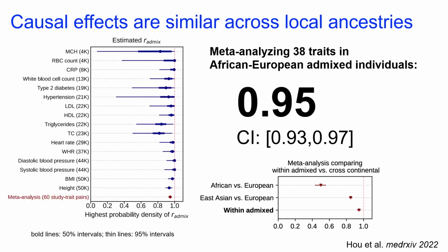In many ways, this was, to me, the most surprising finding in this work, which suggests that there's a lot of E, or environment, that fluctuates between the Europeans and Africans, which does exist, but that could indicate that there's a lot of G by E that exists. So that's one